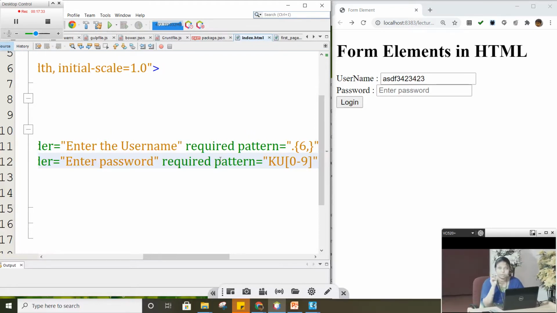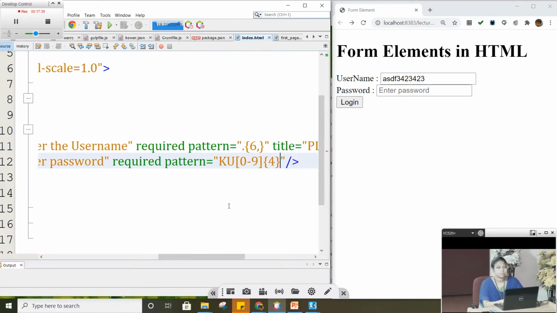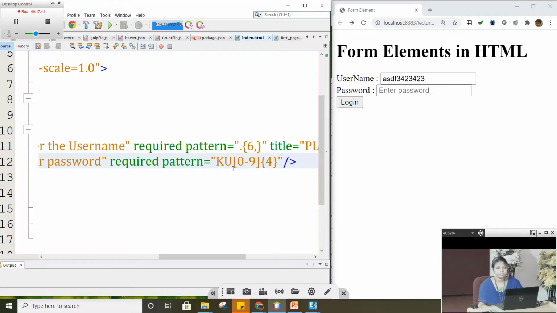This 0 to 9 should be for 4, the number can be a 4-digit. So this is how the password should be: it should start with KU followed by a digit, and the digit should be a 4-digit number. So this is the pattern I have given. So let us check it.